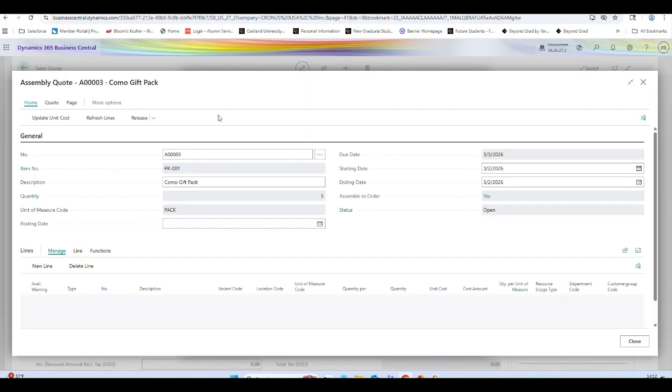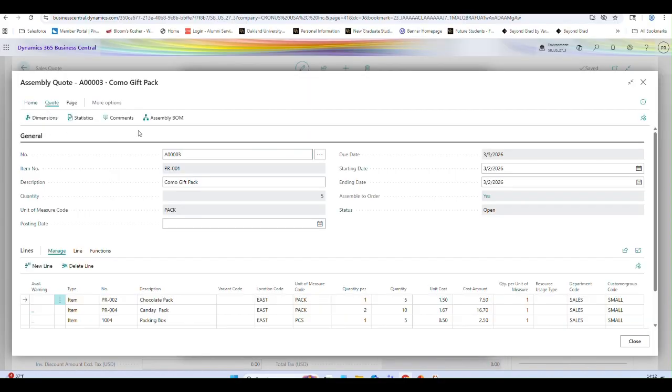Another point: there is no other option here like a sales code or purchase code. We cannot convert to an assembly order directly from the assembly code. This is just for reference; we cannot change anything or do anything from here, right? If I want to change the component line, these are the things we can change from the component line, and based on that our sales code pricing will change.